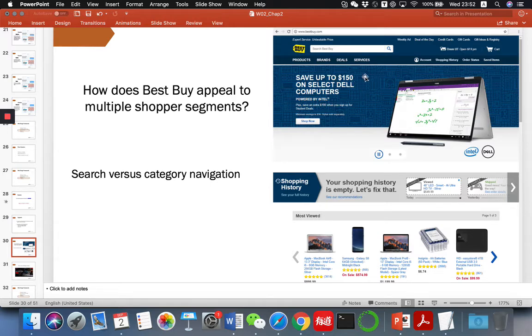It says $150 off for this laptop. So it's about some specific product. But I would say that, considering the new customers